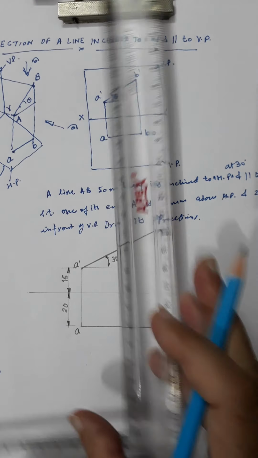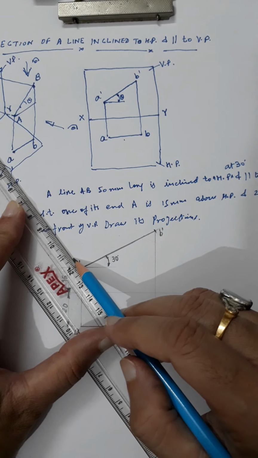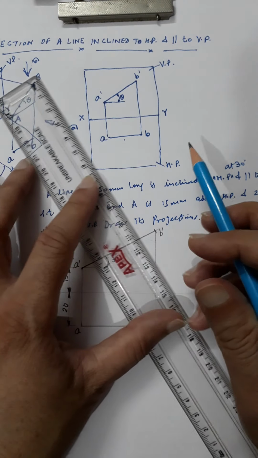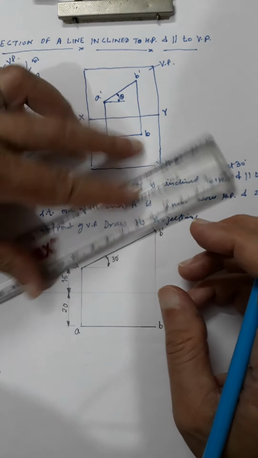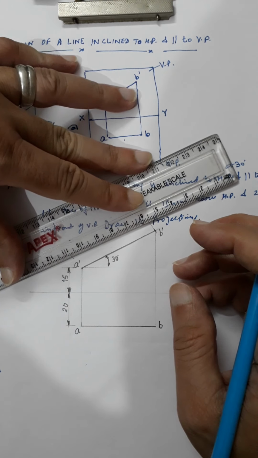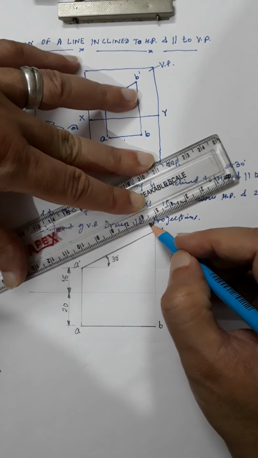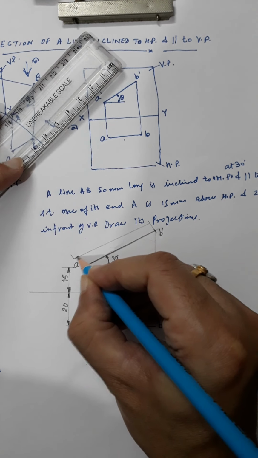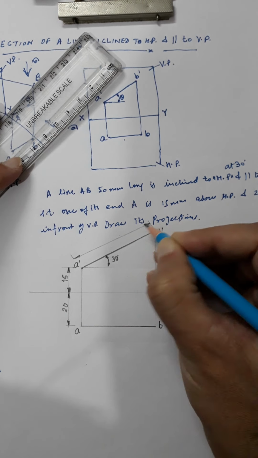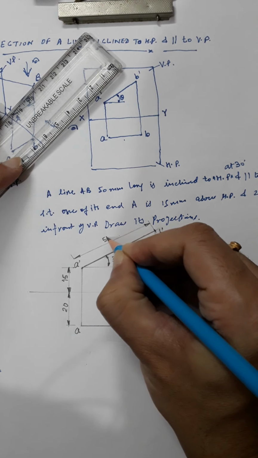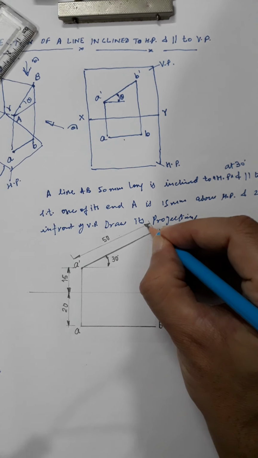given. True length is also given. So you can also mention this. This length is 50. So this is the true length. Okay, so you get to see the true length in the front view. Now I will write the true length here. It is 50. So this is 50 mm true length.